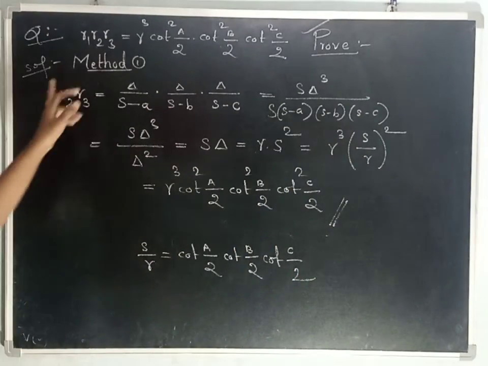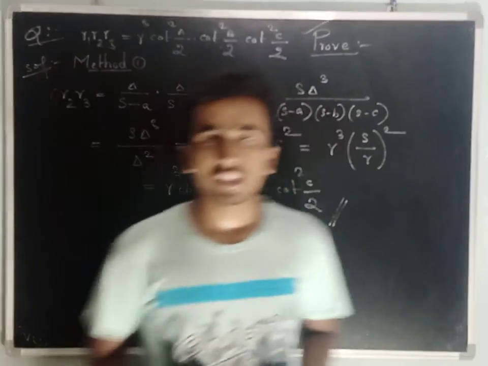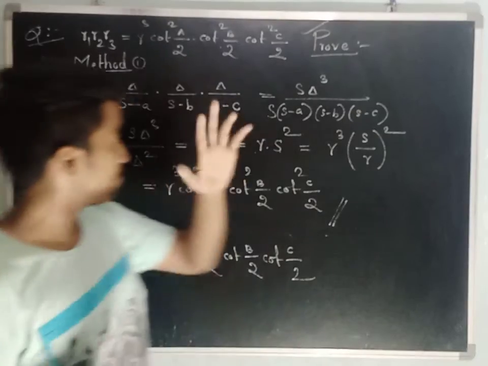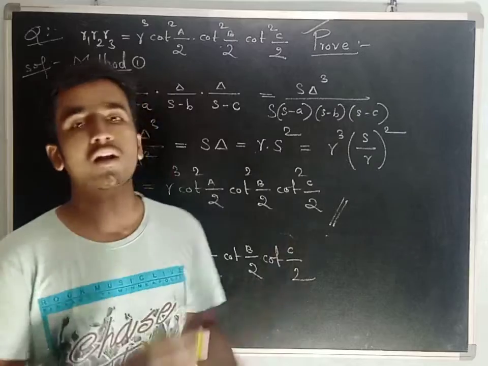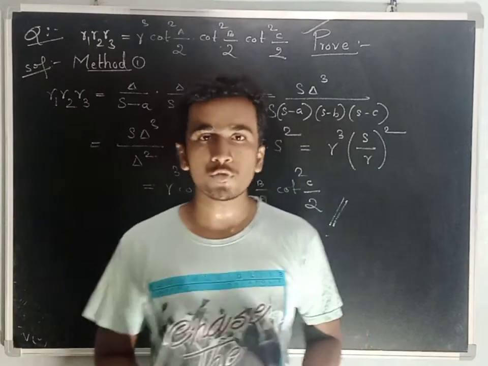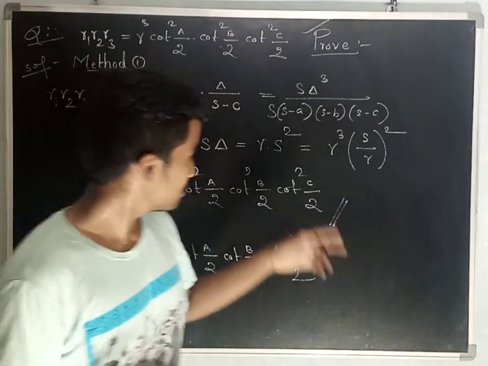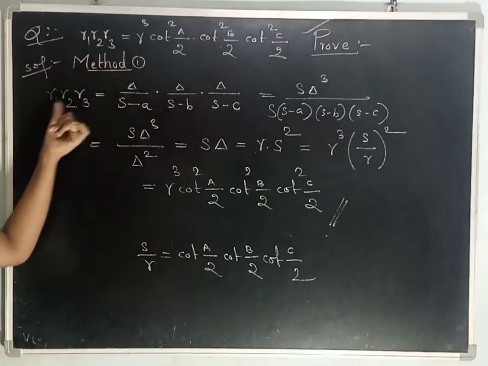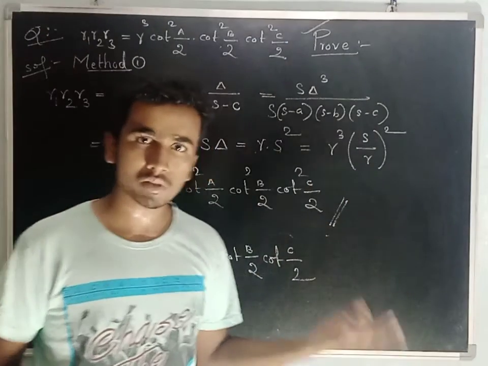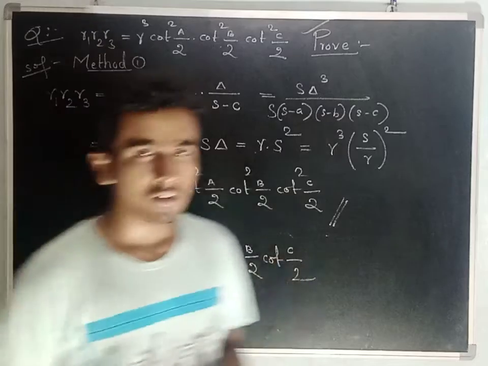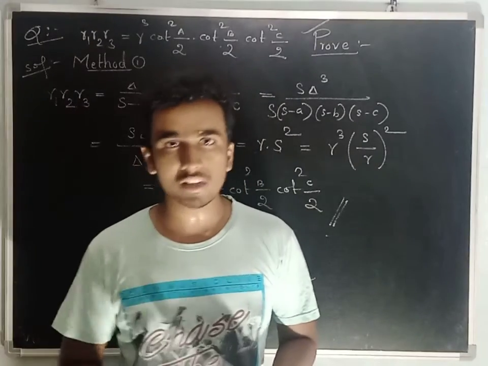Okay, this is how we can prove the given result. Right? There is nothing new here. The formulas and the methods that I am applying for solving these problems are already discussed. These concepts are already covered in the previous videos. If you have some difficulty in understanding the steps or some of the results that I have applied, like R1 is equal to delta by S minus A, or S is equal to 4R sin A by 2, sin B by 2, sin C by 2, like this, if you have any doubts regarding some of the results, you need to check my previous videos.